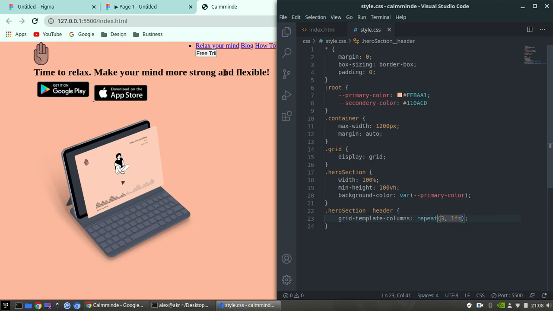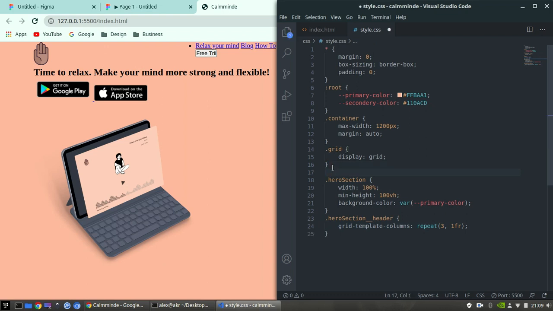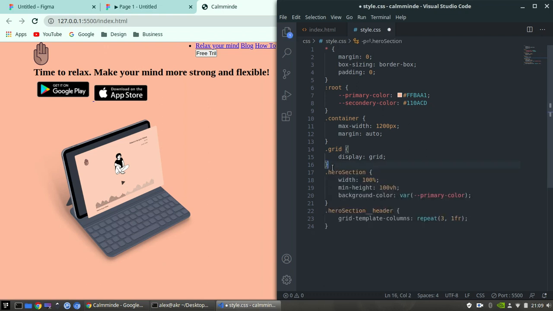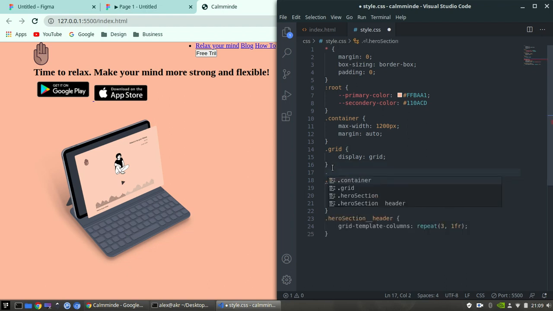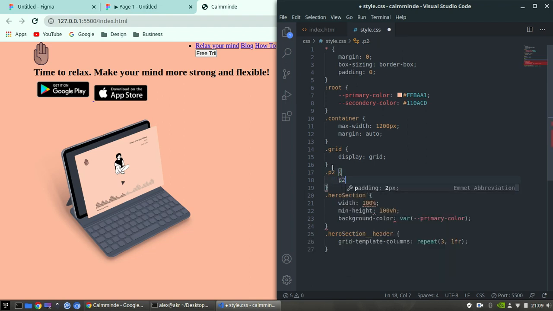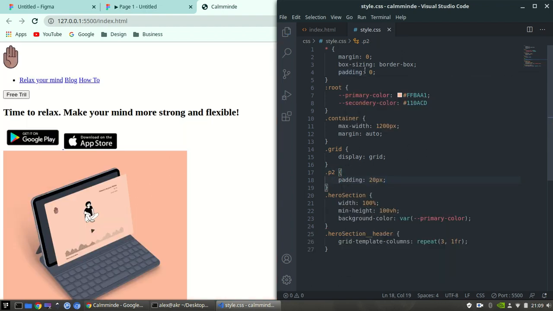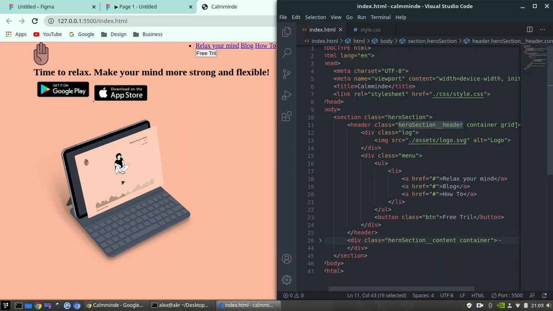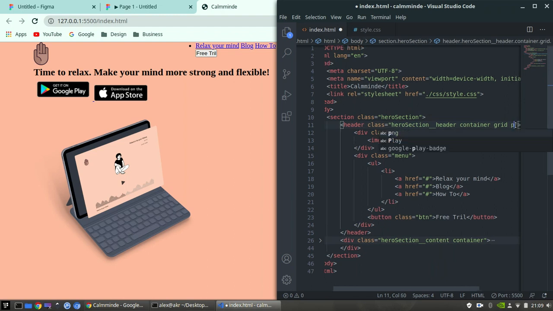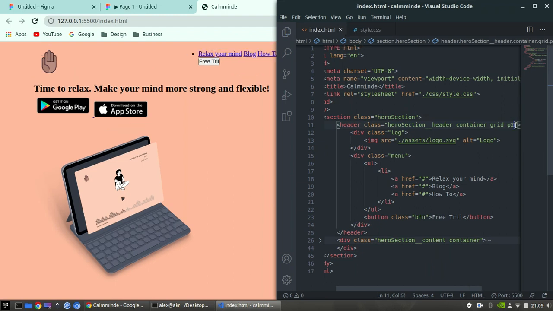Let's save this one. As you can see here, the three column, how they working without this stuff. Let's make some padding. We make a helper class here with a dash, and we say p2, which is going to be equal to padding 20. Let's put this one in our header, so like this we can separate a little bit of stuff here. So we say p2, we save it,